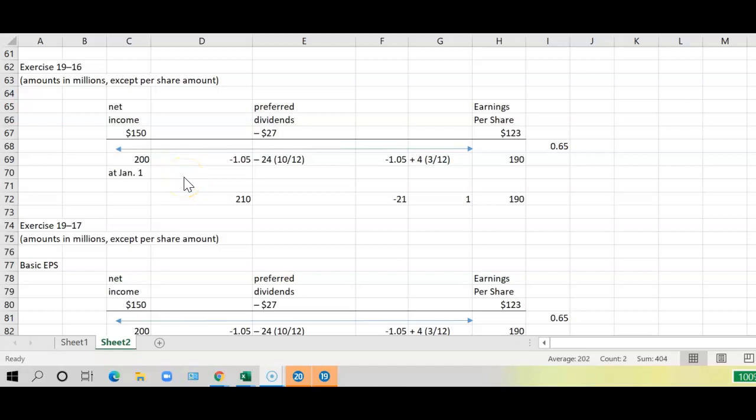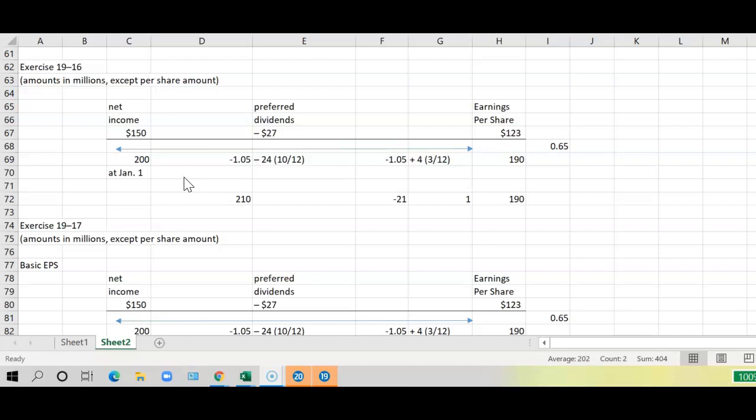I will now like to go over exercise 19-16. On December 31st, 2020, Beclaire Inc. had 200 million shares of common stock and 3 million shares of 9% $100 par value cumulative preferred stock issued and outstanding. On March 1st, 2021, Beclaire purchased 24 million shares of its own common stock as treasury stock, and